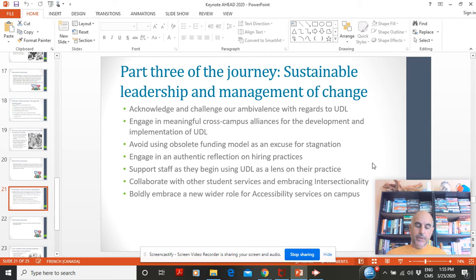You also need to translate UDL principles into something that is free of jargon and relevant to a layperson. You have people in your offices who are not specialists. They may be working specifically on exams, on digitalization of material, on specific tools. They need to be able to understand it, make it their own, and gain ownership over this. So designing this training in a way that is accessible to anyone is going to be extremely important.